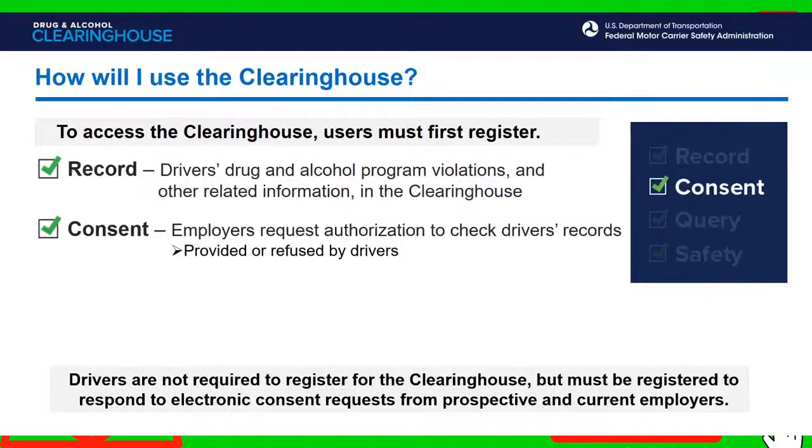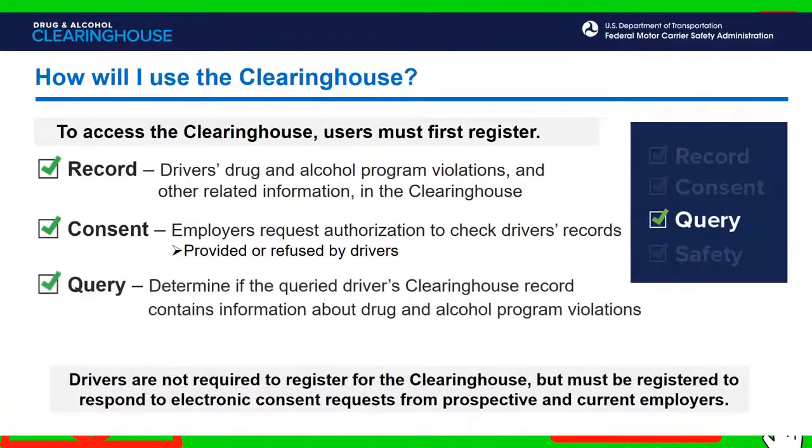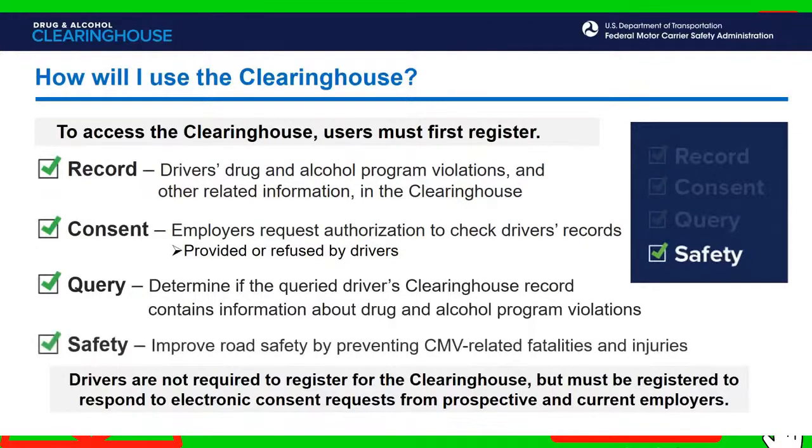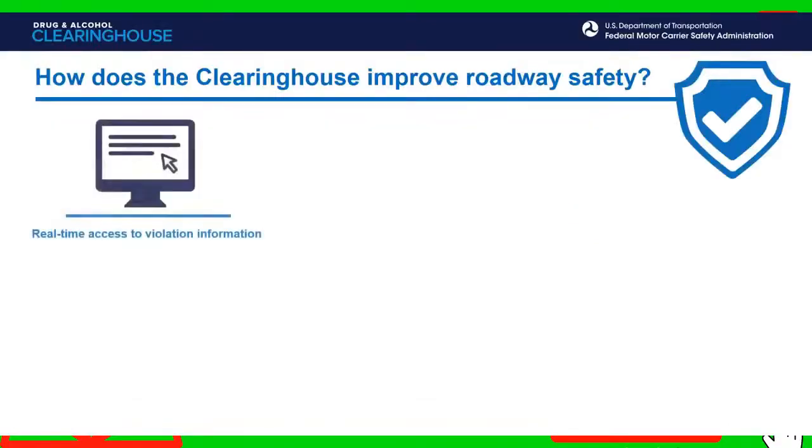After obtaining the required consent, employers and/or designated CTPAs will query the Clearinghouse to determine if the queried driver's Clearinghouse record contains information about drug and alcohol program violations. The primary mission of FMCSA is to improve safety on our nation's roadways by preventing CMV-related fatalities and injuries. The Clearinghouse will help meet this goal by providing employers and FMCSA enforcement personnel access to reported violation information in